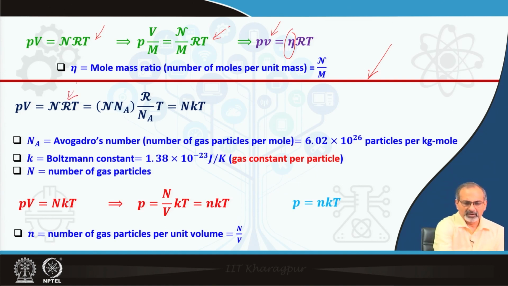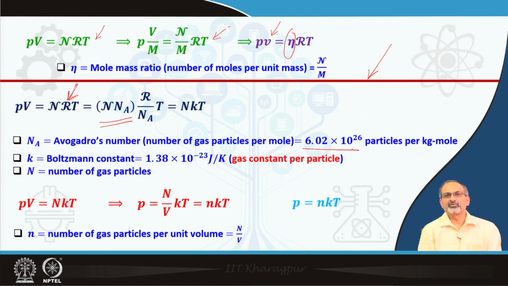Now, coming to this form which we have derived earlier, PV equal to nRT, we now introduce the very famous Avogadro's number, which is the number of gas particles per mole, given by 6.02 into 10 to the power of 26 particles per kg mole. That brings in a very important constant, the Boltzmann constant, which is basically the gas constant per particle of the gas. The Boltzmann constant k is nothing but the universal gas constant divided by Avogadro's number, which is the number of gas particles per mole,